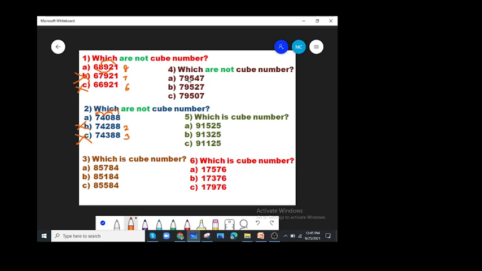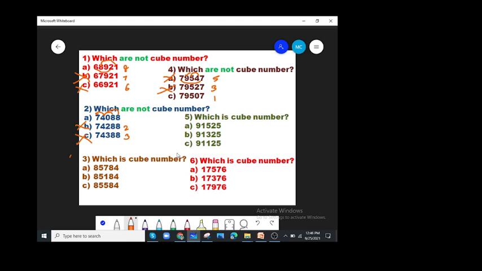Come to the next one, the fourth one. 4 plus 5 plus 4, 9 cancel. This 9 also cancel. 7 needs 2. Give 2, balance 5. Can 5 be a remainder when you divide by 9? No, sir. It is not a cube number. Now compare the digits. Only the 10s place changes. If it is 5 here, and this is 2 less, it becomes 3. So this is also not a cube number. Understand? So like that, we can easily find out which are not cube numbers.